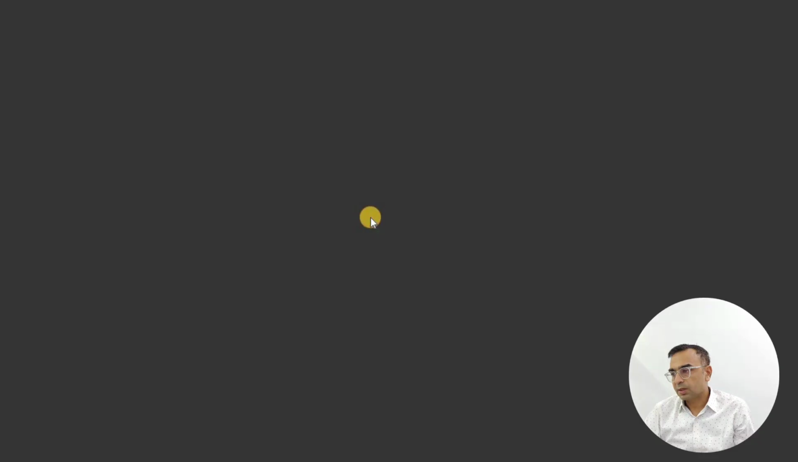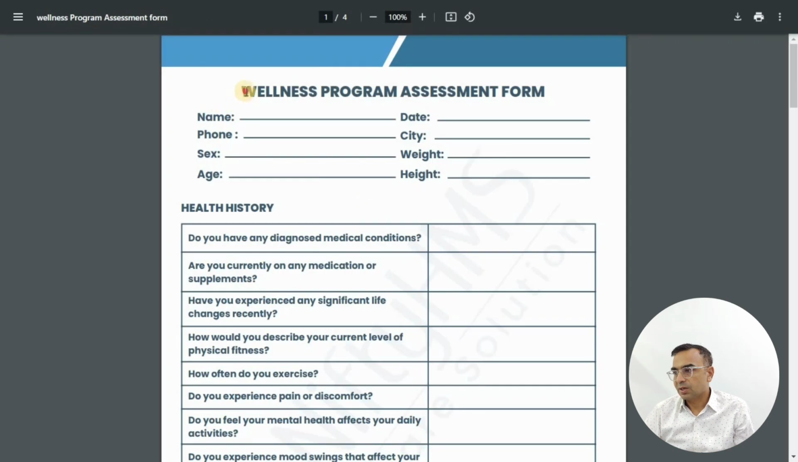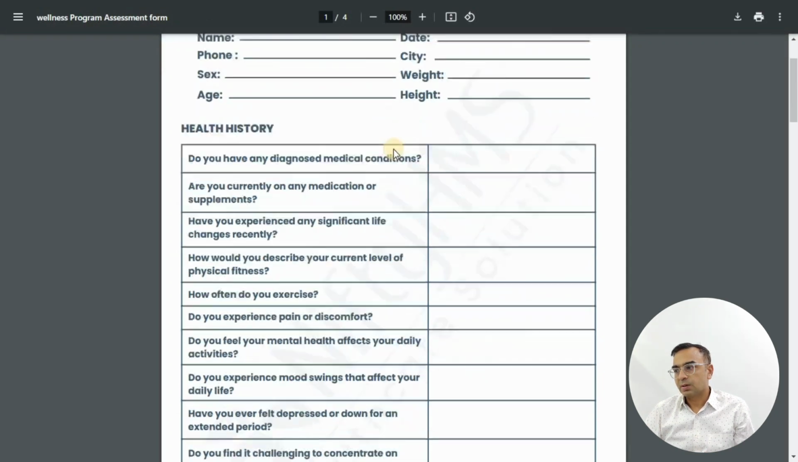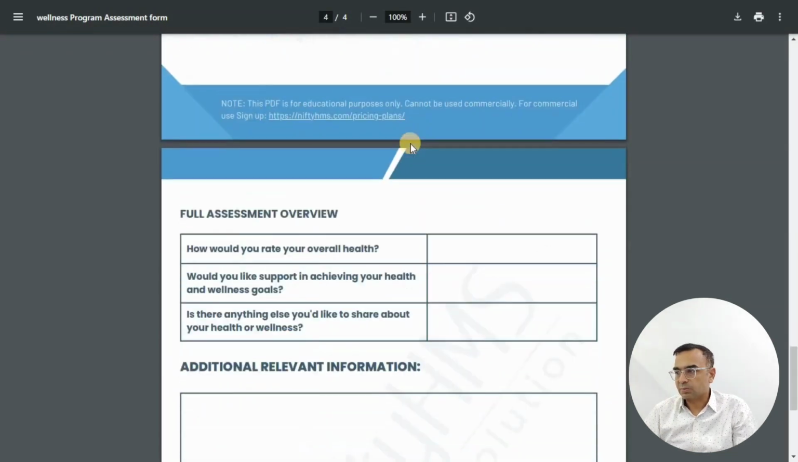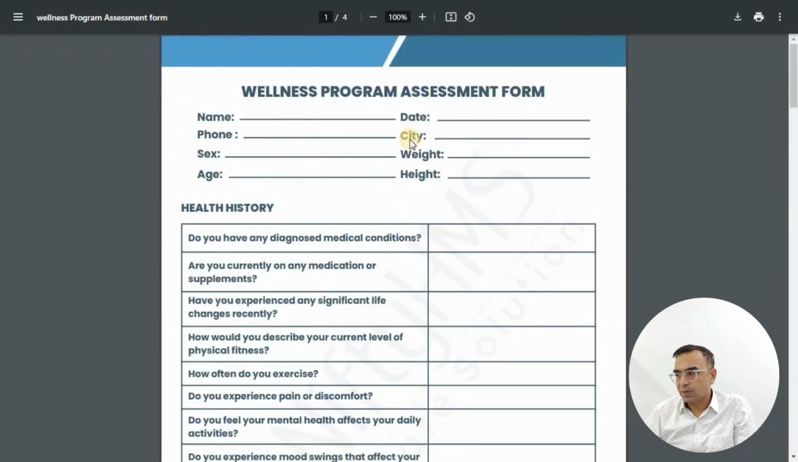We have the email, and now we're going to click on please confirm your email address just to validate the email ID, and then it will open up the PDF form, assessment form. It's a multi-page form that you can actually print, or you can download it as a PDF